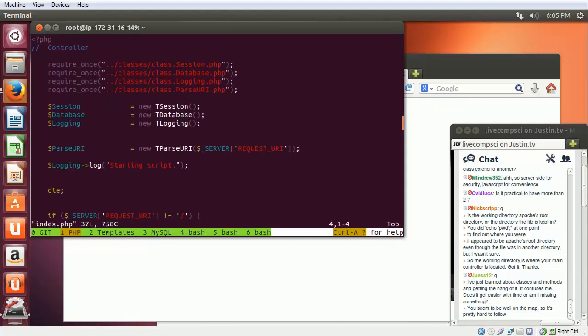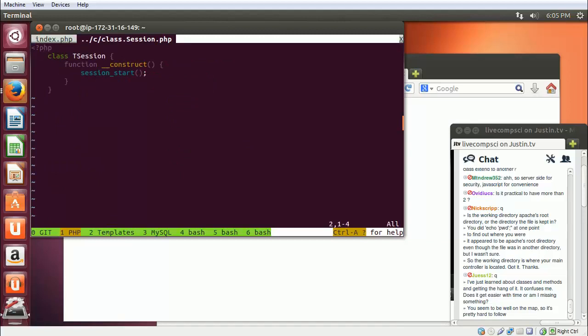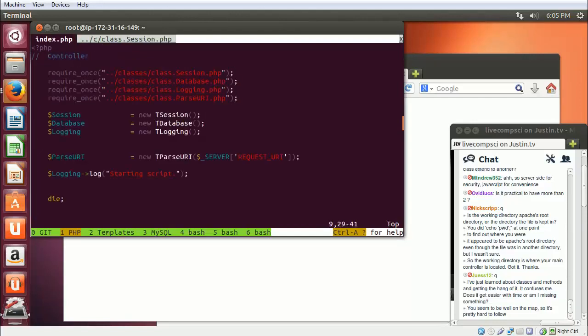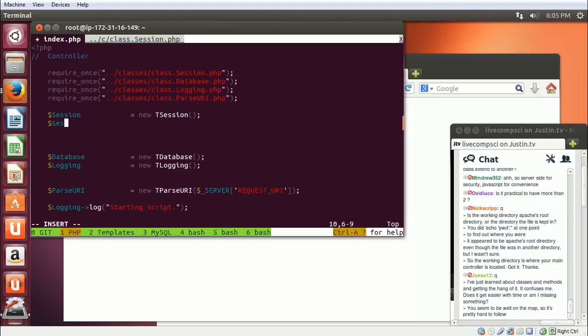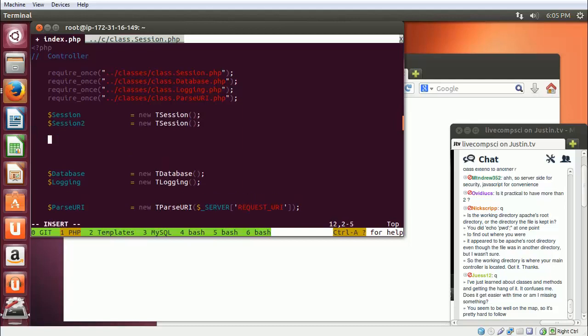all right, so here, let's look at the session, class.session.php. All right, so here we create a class called tsession, but see, this class doesn't exist yet. Just the fact that this PHP code executed does not actually create the class. What creates the class is this, and I could actually create more than one of those. I could do session2 equals new tsession, and now I have a totally different instantiation of that class. I can have 30 of them if I want, and every time I do that, I now have the ability to do something like this, for example,